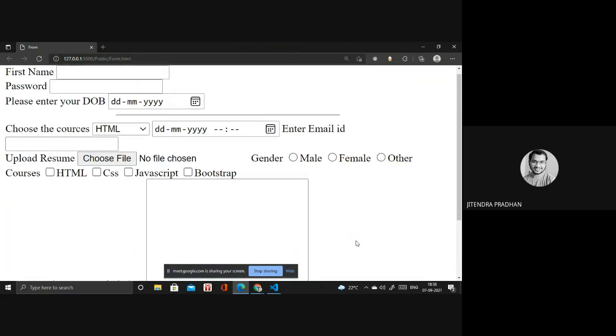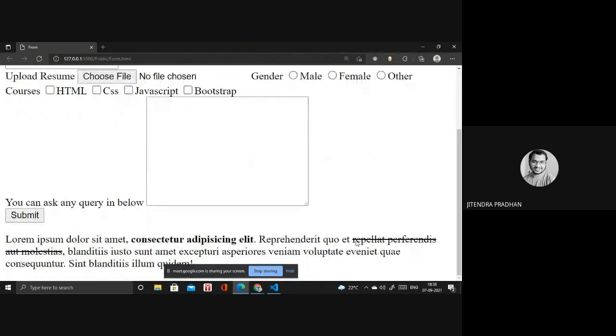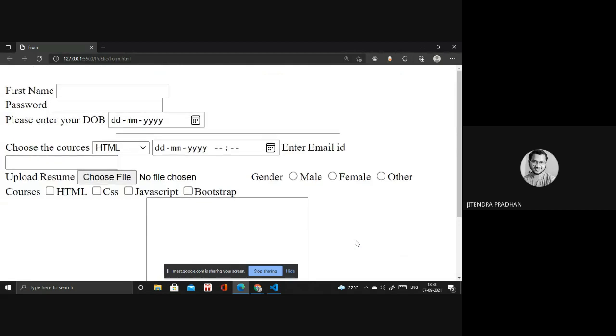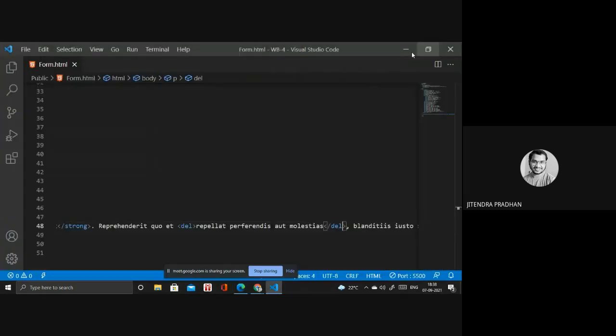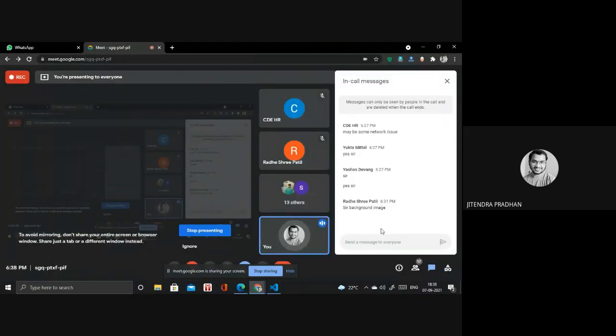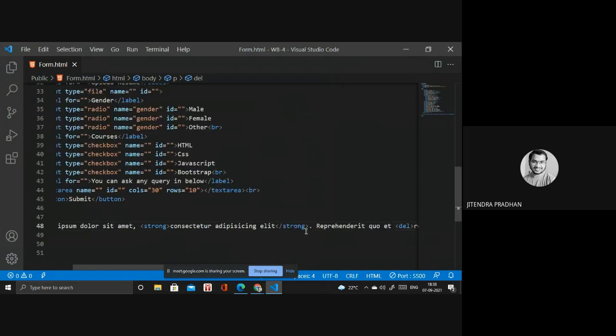Before that, I need to teach you how we design a header bar or navigation bar. Then I will teach you the form. I hope you already did the form, yesterday's assignment. I hope you completed it. If you did not complete it, write in the chat box, and I will teach you that in that session also, how you need to do all these things. So now I will teach you how we design a navigation bar or header.